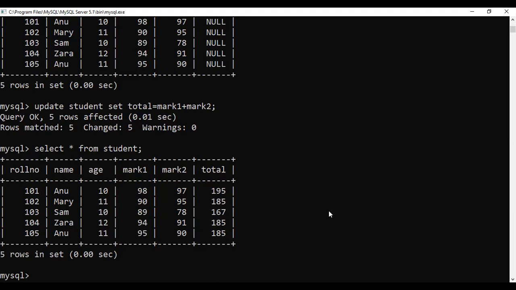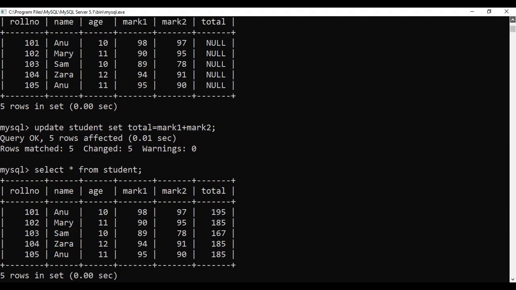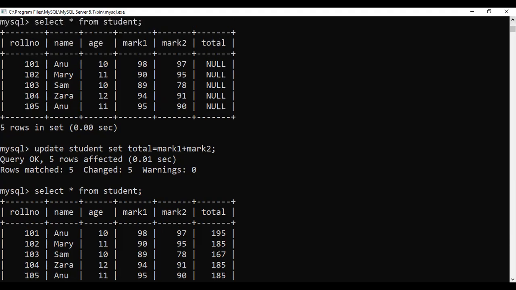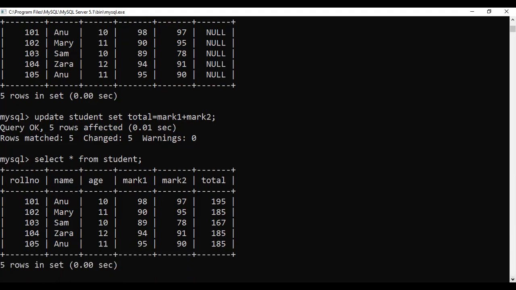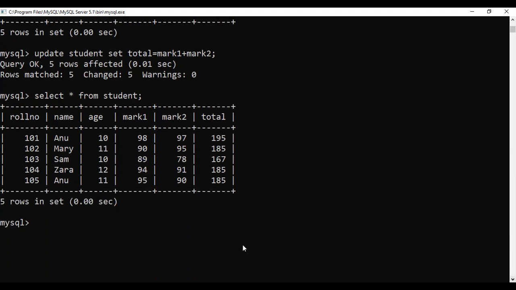Now, if I want to delete a column, drop the column. What is the syntax for adding a column? Alter table, table name, then you write add, and the new column name with its data type. Now suppose I just want to delete the column age. What will I do?